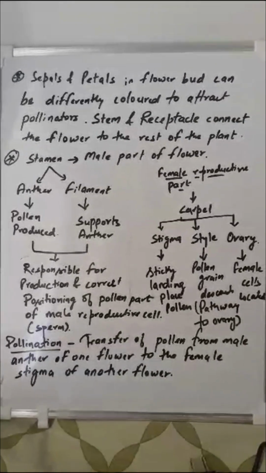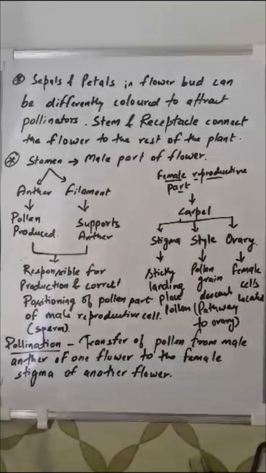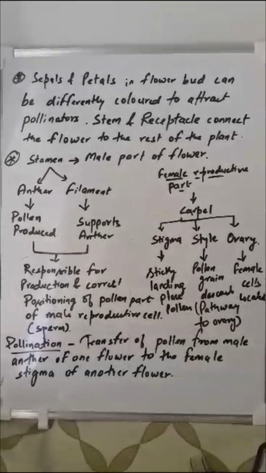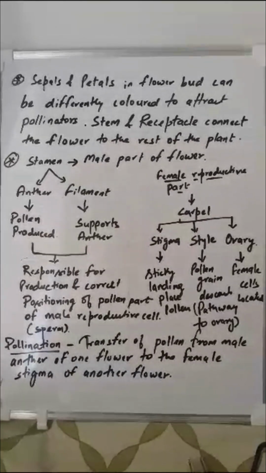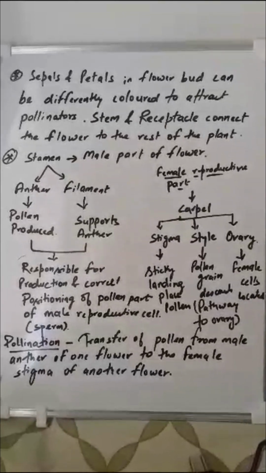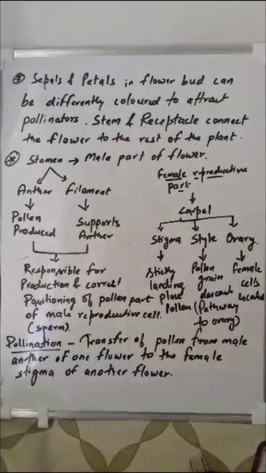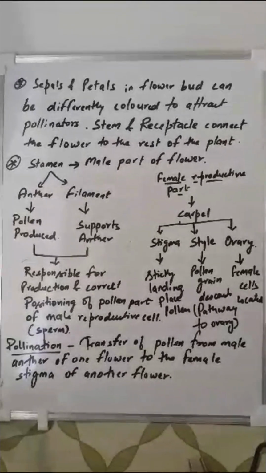Now the third part I will come to, pollination. Pollination is the transfer of pollen from the male anther of one flower to the female stigma of another flower. This is known as pollination. And in the next video I will tell you different ways of pollination, different agents which help in